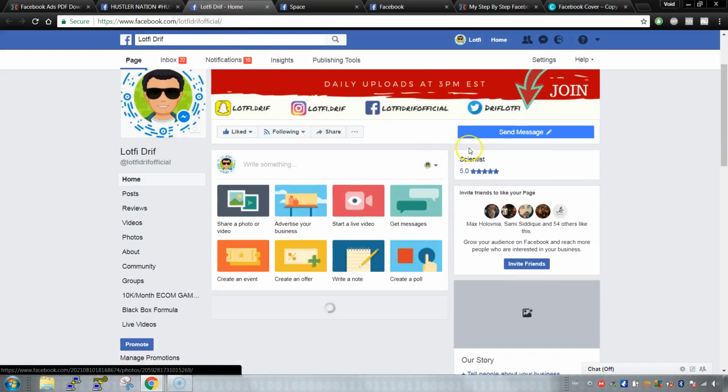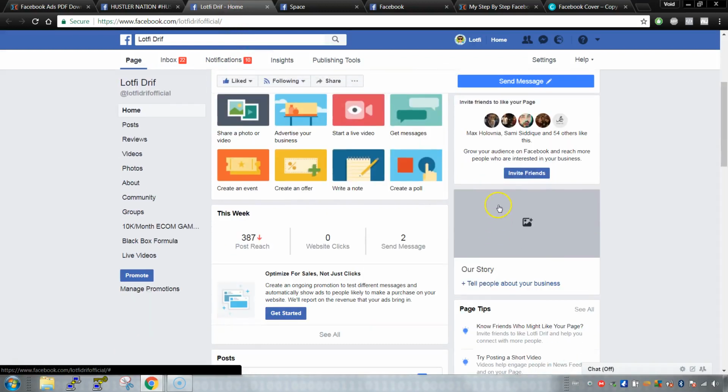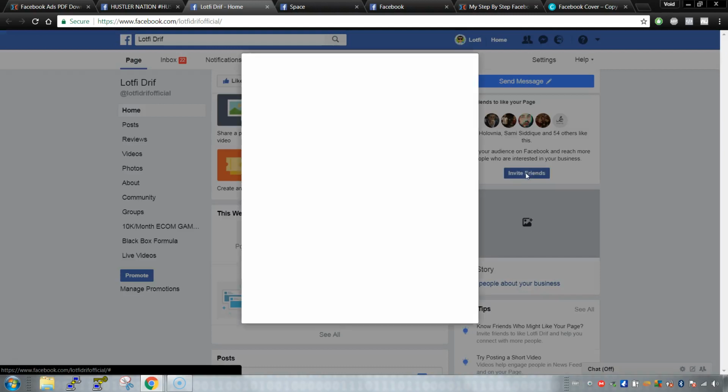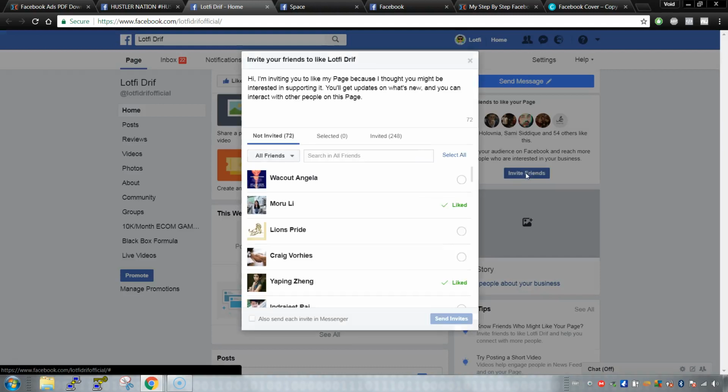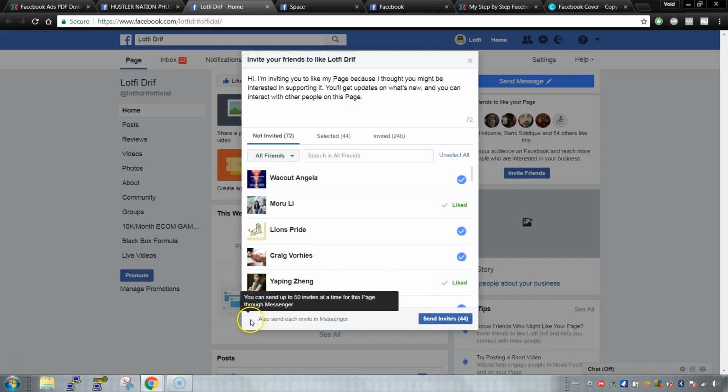So on your page, you're going to notice you're gonna get an option here to invite friends. And what you do is you want to click on invite friends, but it's a specific way to do it, guys. So I'm gonna show you again. Look, you want to be respectful when you do this. You want to do it in the way that I'm gonna show you right now. So you don't just want to come in and select all, boom, let me just invite more. You don't want to do that. And so what you really want to do is